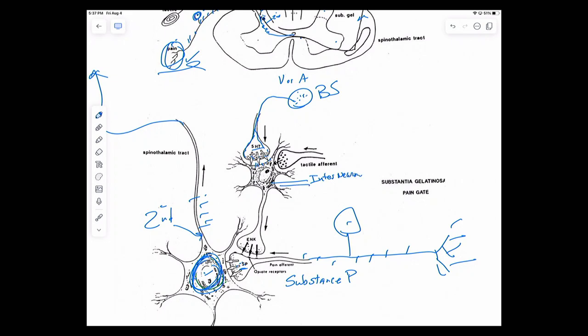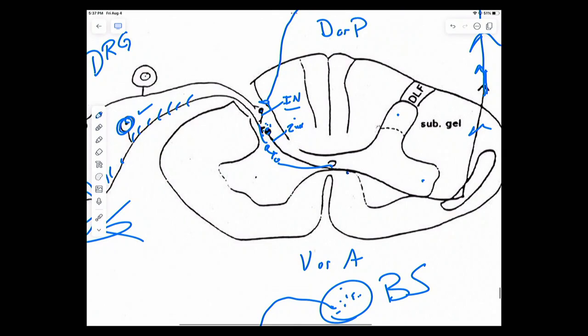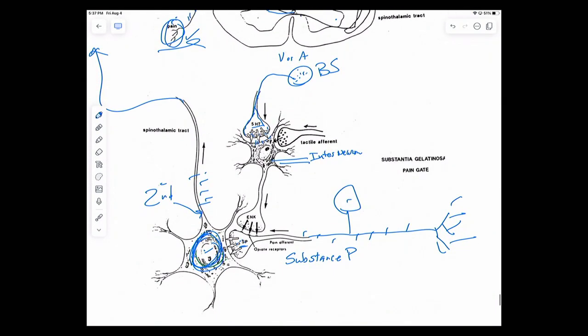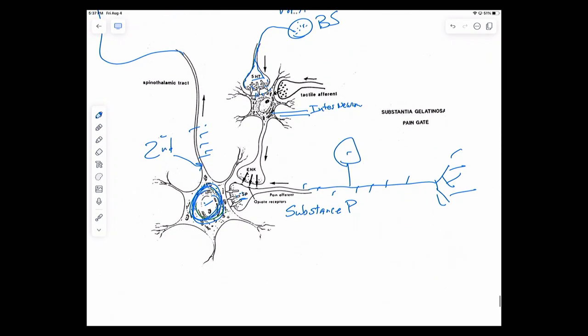Okay, so this interneuron there, that was the same as this little guy right there. So you can make the connection here. That interneuron, when stimulated by the serotonin, is going to be releasing, and the diagram here says ENK. That means that is enkephalin. And enkephalin is an opioid. Okay, it's an endogenous opioid.